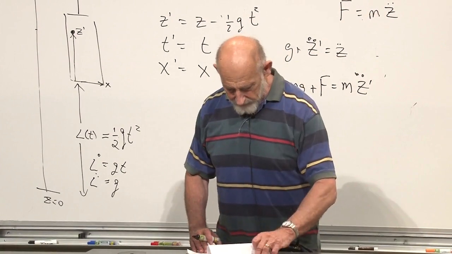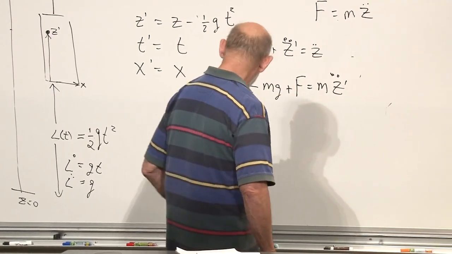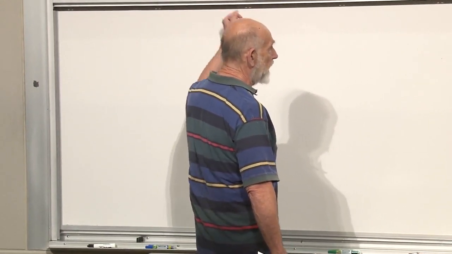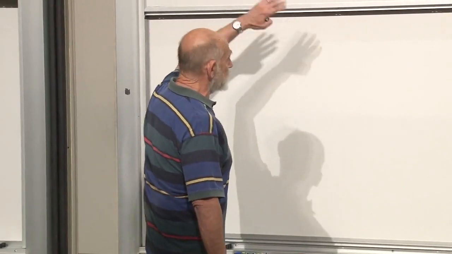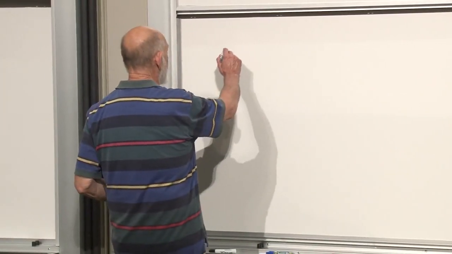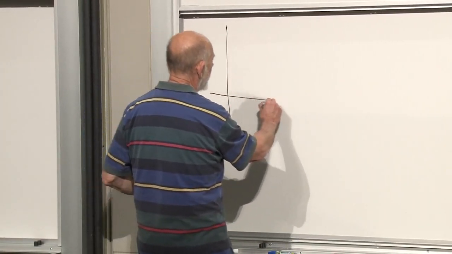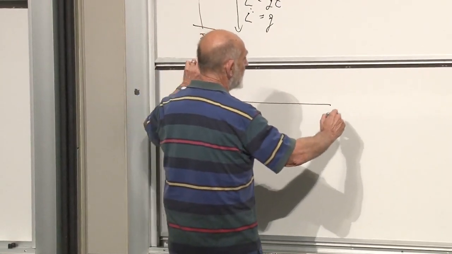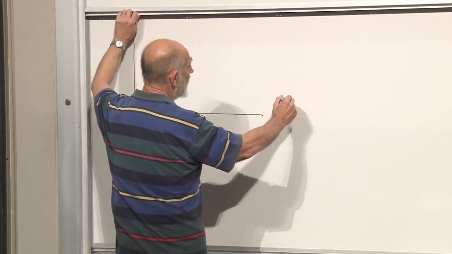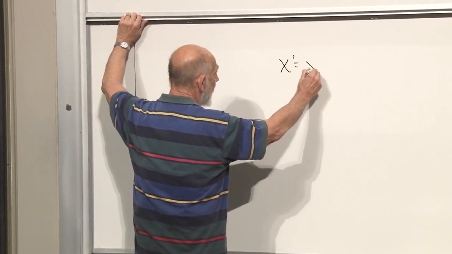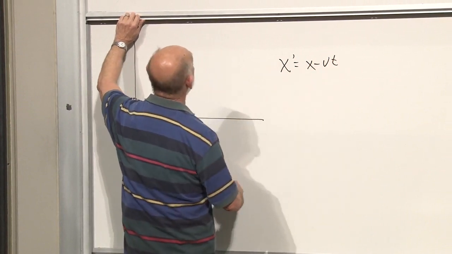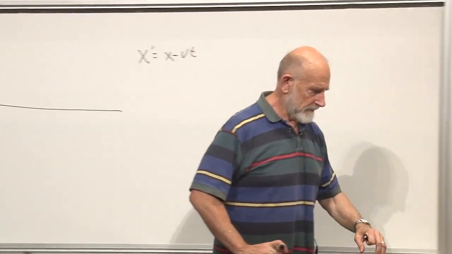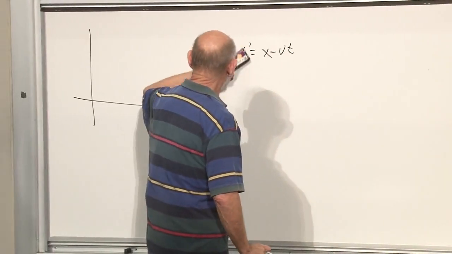Now, we're going to have to discuss that a little bit, whether we really believe that quite in as much detail as I said. But before we do that, let's draw some pictures of what these various coordinate transformations look like. Let's first take the case where L is just equal to Vt. L equals Vt, that was z prime is equal to z minus Vt. Did I say x? Z, I mean. Z prime.